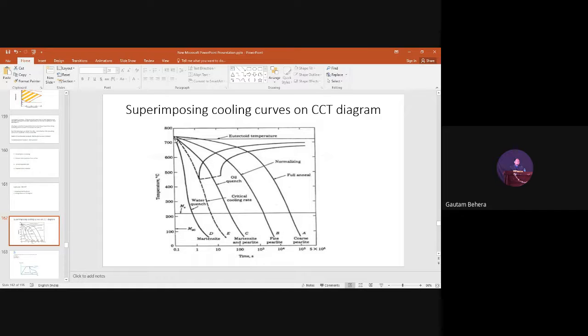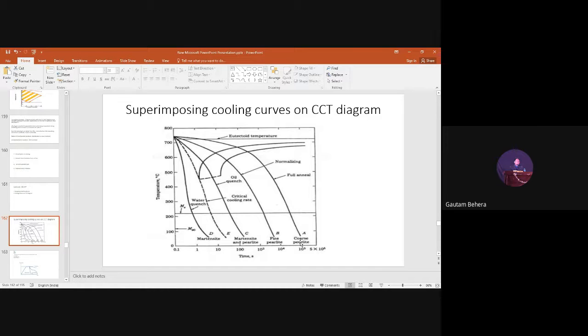It is the cooling rate so fast. It is already written here. Water quenching is done. That means from the austenitizing region, you are taking out the sample from the furnace and you are putting it into the water, right? So the cooling rate is so fast that only martensite will form in the structure. So this is the thing. So you people have understood now how cooling rate is affecting the property of the steel. It will affect the property of the steel because different phases are coming out, or different microstructure is coming out, due to different cooling rate.